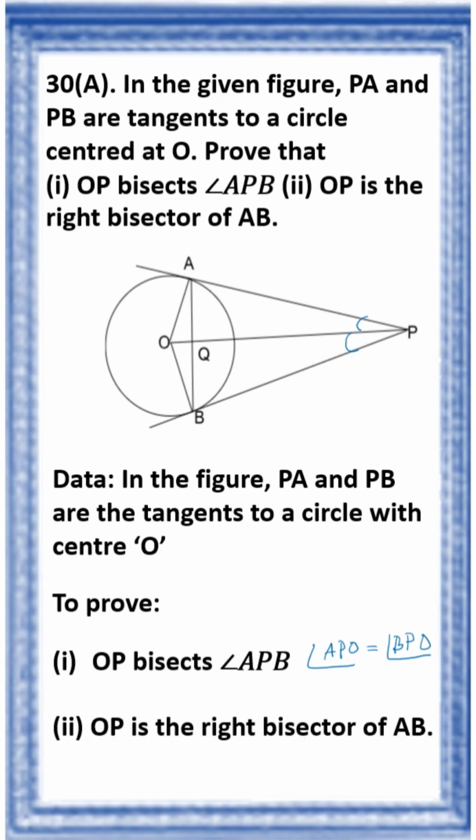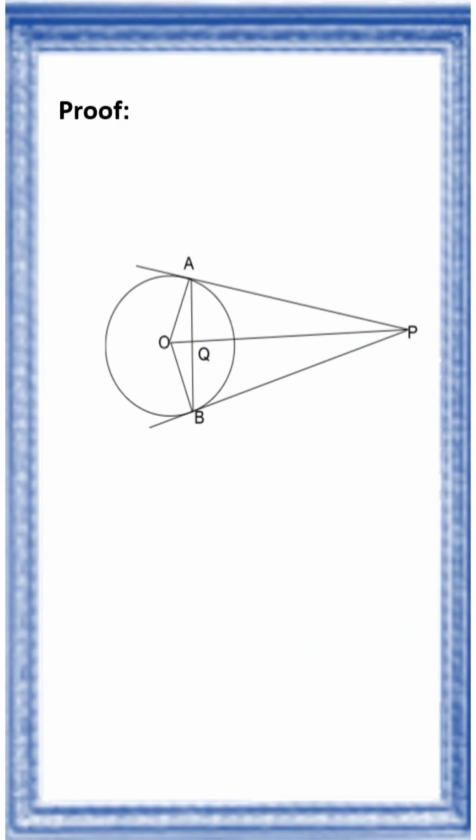And the second one, OP is the right bisector of AB, means AQ is equal to BQ. Angle AQP is equal to angle BQP, that is equal to 90 degrees. Proof. In triangle PAO and triangle PBO,